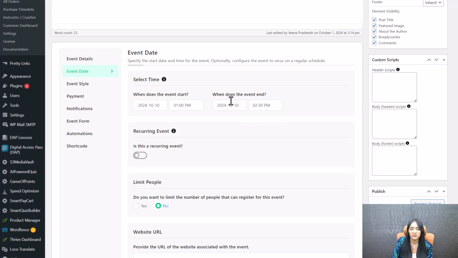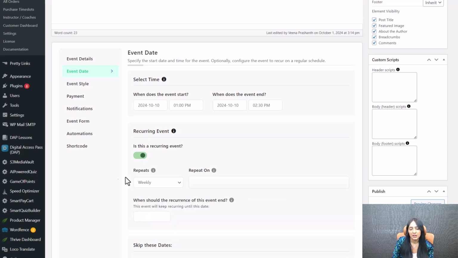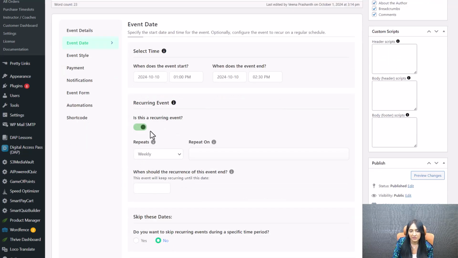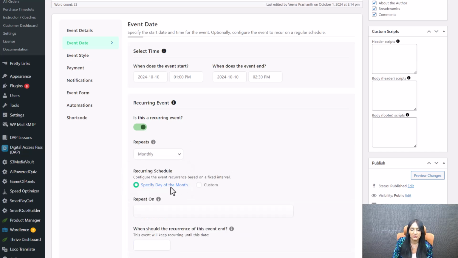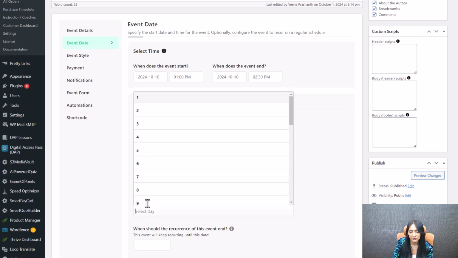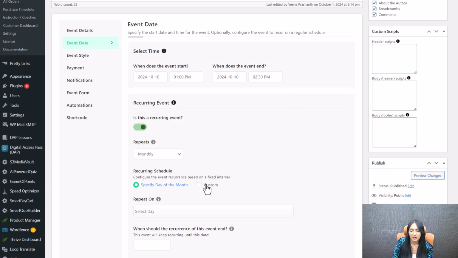All right. Is this a recurring event? There are so many options. In SCC, if it's a group event, that is going to happen every week, every 2 weeks, or every month, every 2 months. You can do all of that here. If it's a monthly event, you can say monthly. And then you can say when is it going to happen, specific date. You can say it's going to happen on the 10th day of each month, or you can say custom, where you can say it's going to happen